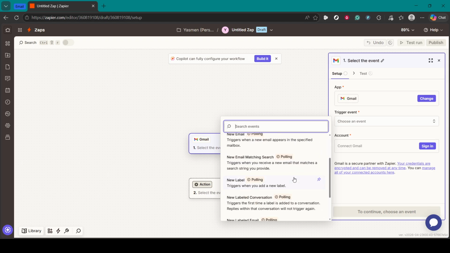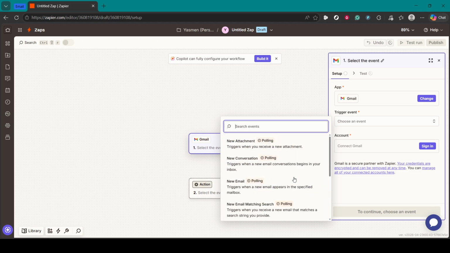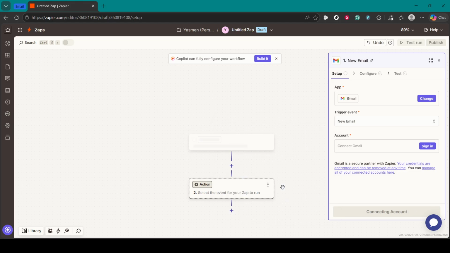Click Test to pull in a sample so you can see the fields available, such as subject, from address, date, and body preview. Then choose your destination by adding the action step and selecting Google Sheets. Connect your Google account and pick the spreadsheet and the specific worksheet where you want the data to land. Before you continue, open that sheet and make sure the first row contains clear column headers like date, from, subject,